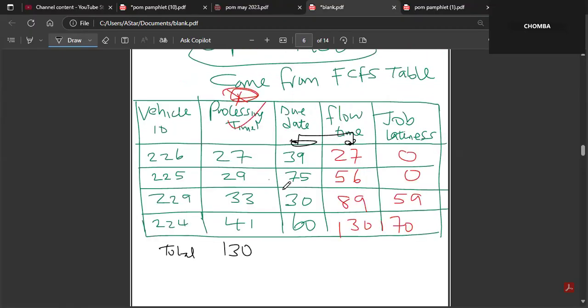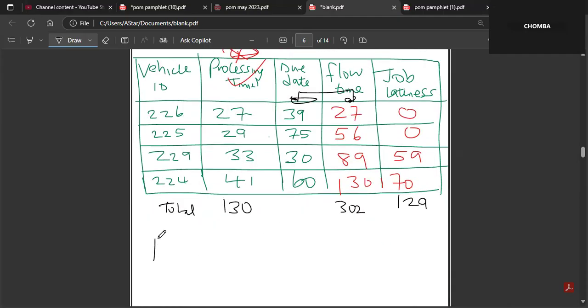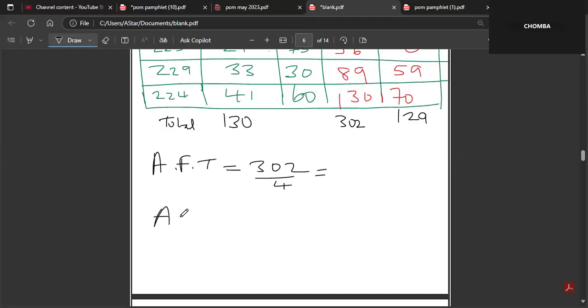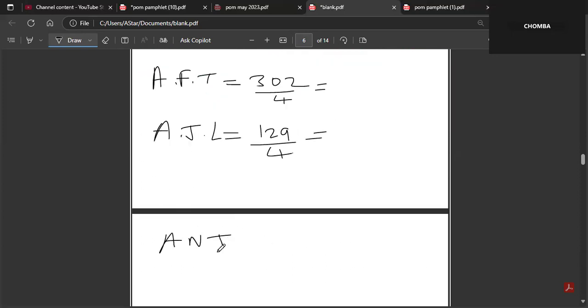That one will be 27 plus 56 plus 89 plus 130, 302. The other one will give us what? 59 plus 70, 129. So average flow time, 302 divided by 4. Average job lateness, 129 divided by 4. And average number of jobs is equal to total flow time